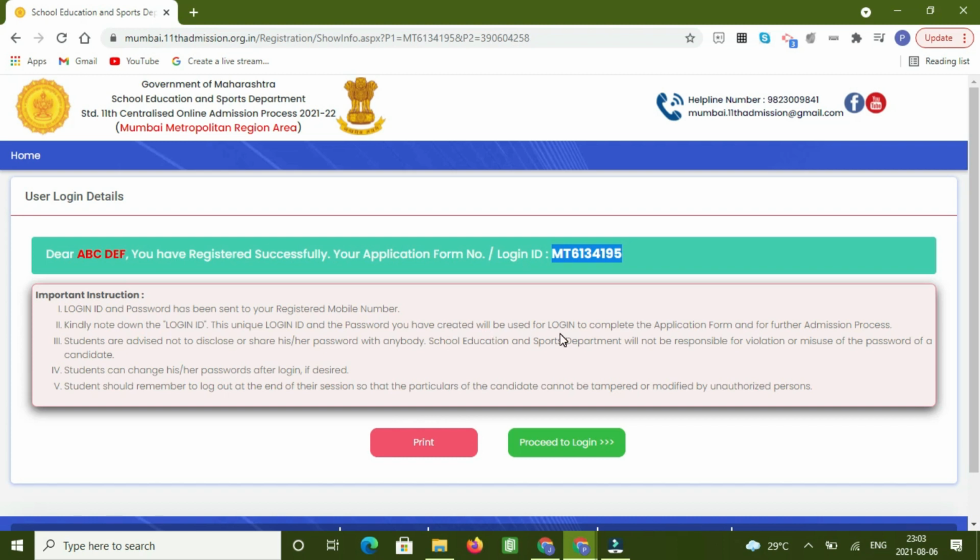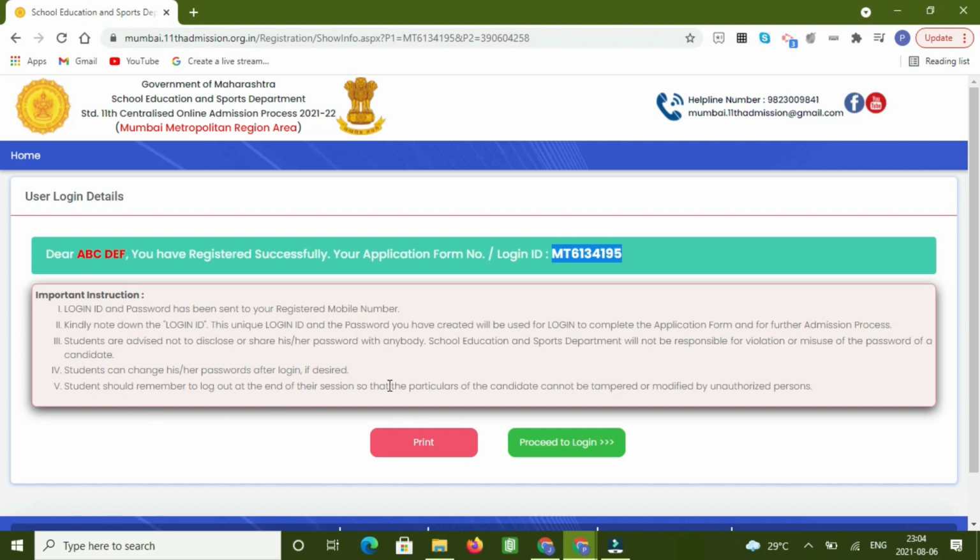School Education and Sports Department, to whom this website belongs, will not be responsible for violation or misuse of the password of the candidate. That is, if you are giving password to anybody and they misuse it, these people are not responsible. Student can change your password if you want after login.